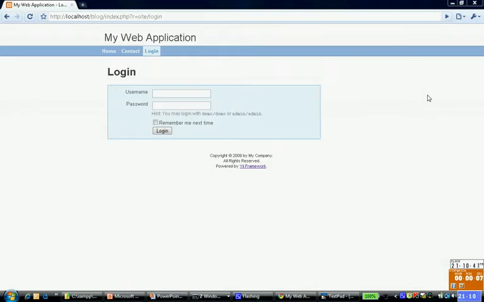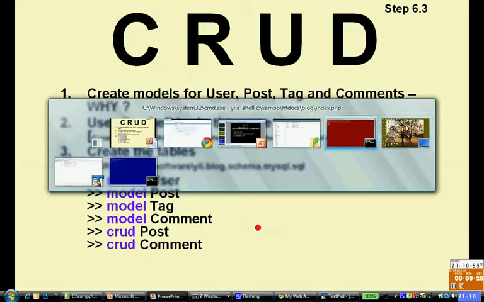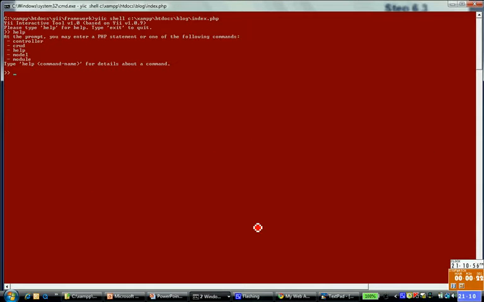All right, so now moving on to part three of this session on the Yii framework. We saw where we left. We saw that we were trying to get into other things. We have a shell now which is open here for you, and this particular shell has three or four commands. And what we'll do now is we'll try to model